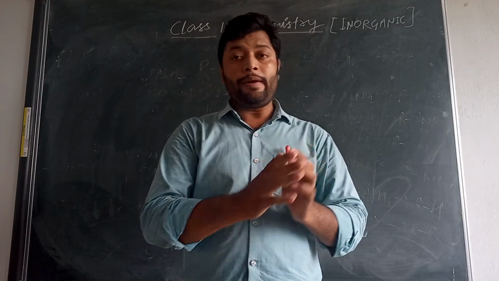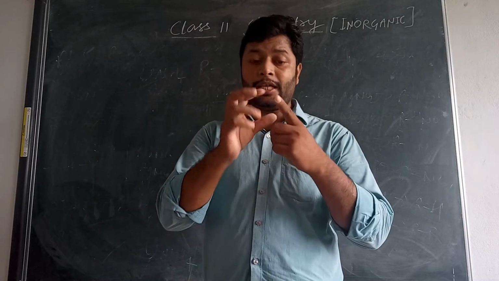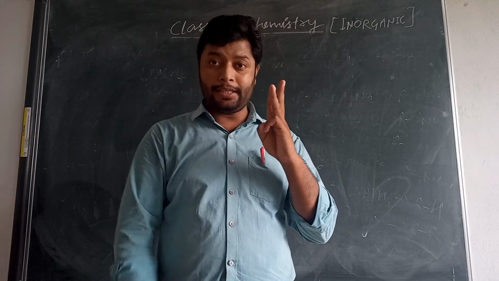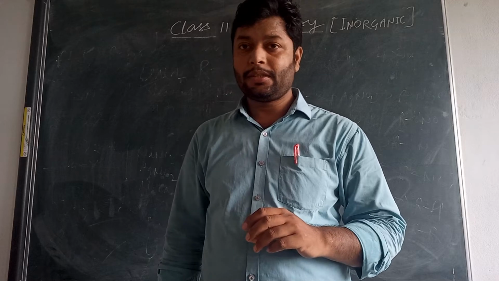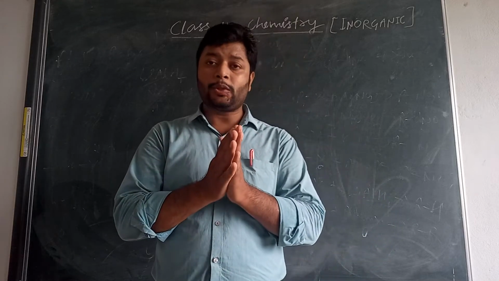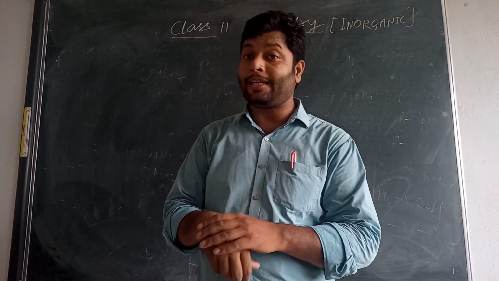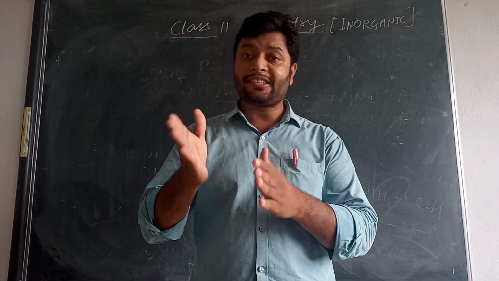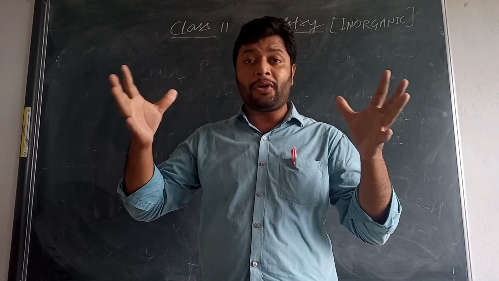Actually class, when we discuss atomic size, as you know, it includes the covalent radius, the ionic radius, the van der Waals radius and the metallic radius. Van der Waals radius is half of the intermolecular distance, that is called van der Waals distance. So van der Waals radius will always be very high compared to the other radii. Covalent radius depends upon the bonding situation.